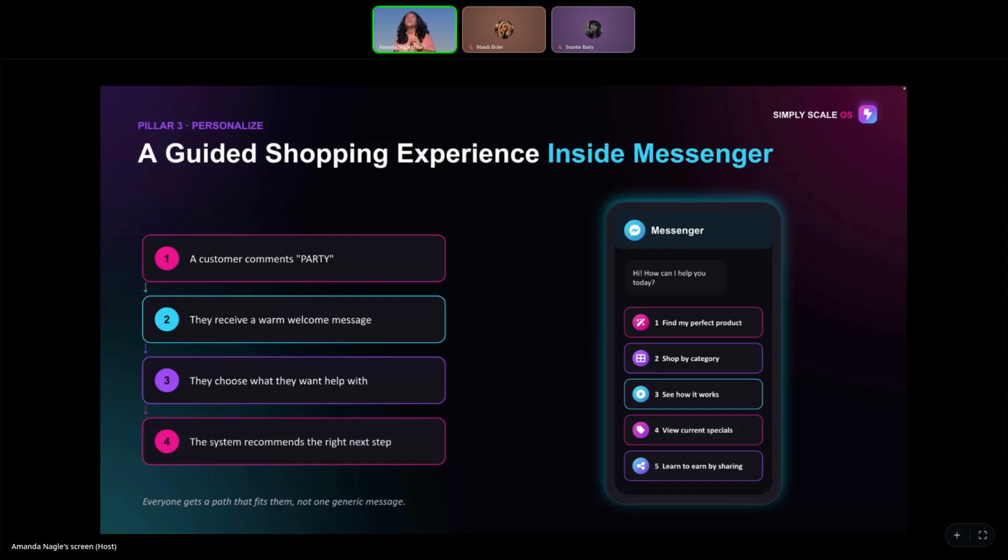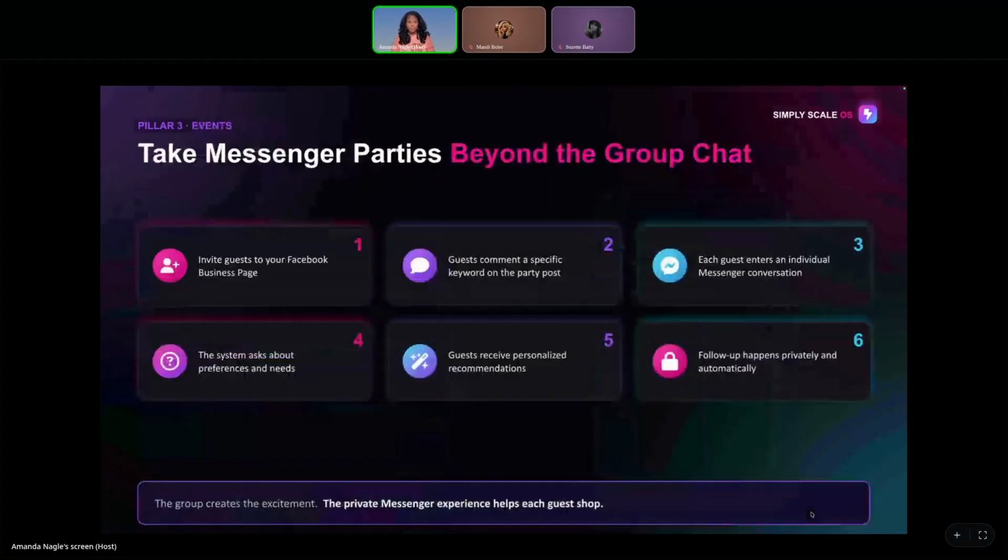I think this would have been so good for me if I actually had a system and a website when I was doing my boutique. I could have absolutely done parties like this, just from my business page. People commented and then it directed them to the right place. Maybe they are looking for faith shirts, maybe back to school, maybe some sort of gift or customized gift. And you could set it up to customize to that journey.